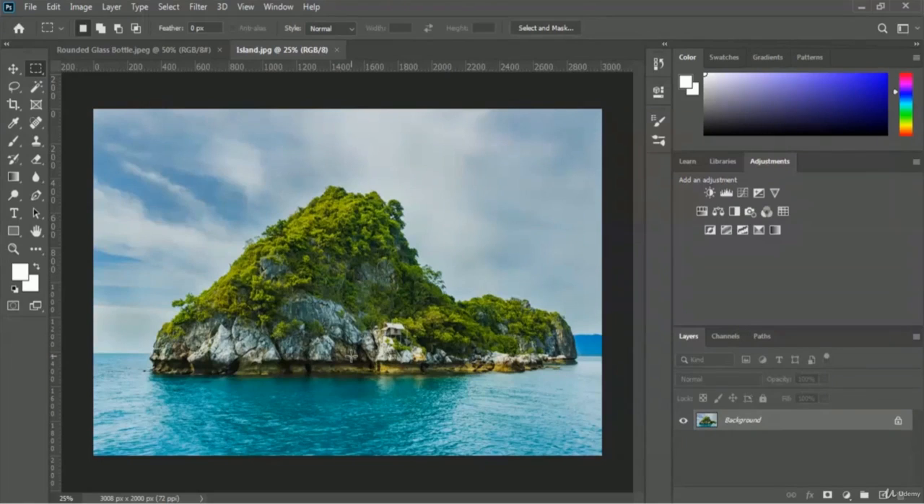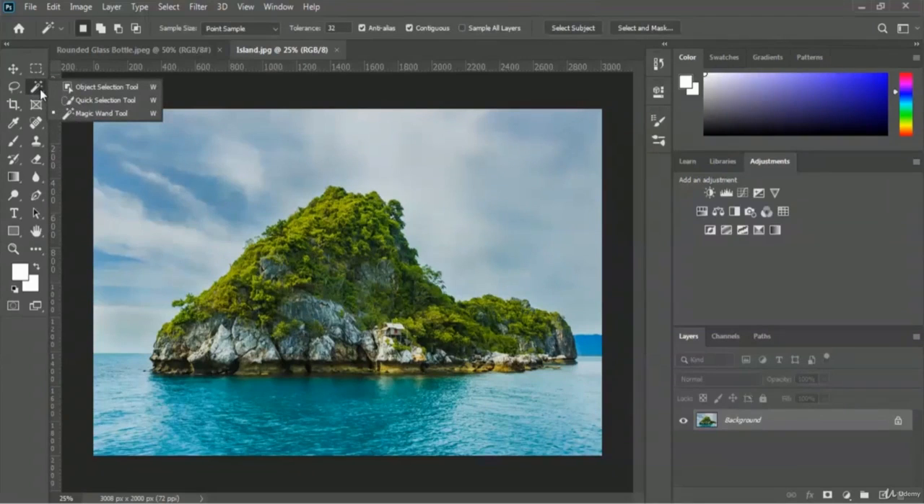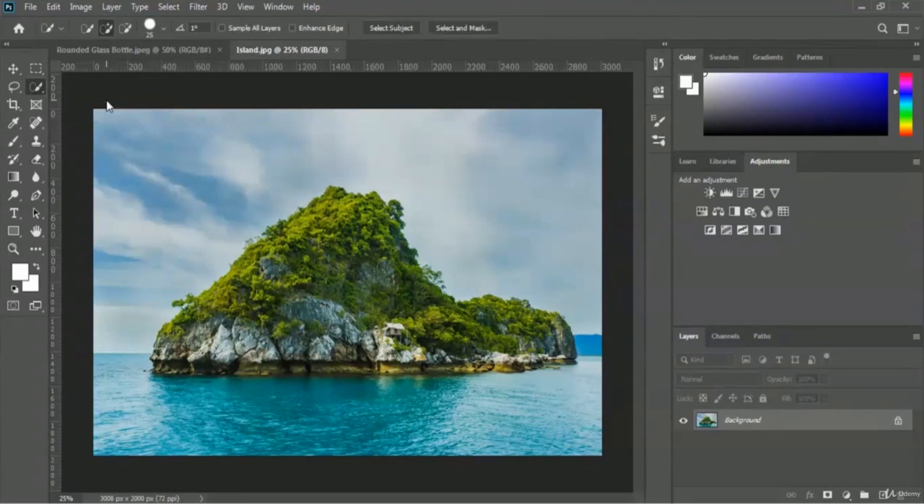So therefore we have to use a quick selection tool in here. To use quick selection tool, we have to right click with our mouse in this magic wand tool option. So you just have to right click with your mouse in magic wand tool, then you will get this quick selection tool on there. So let me select this quick selection tool,